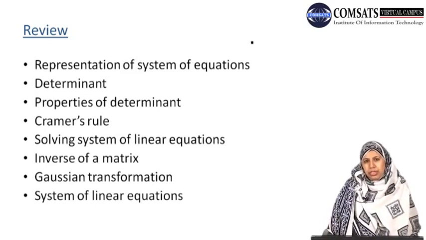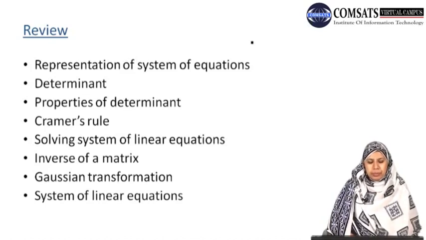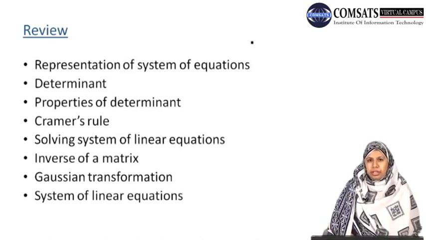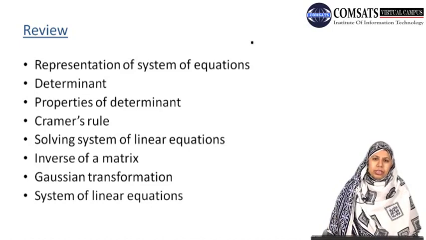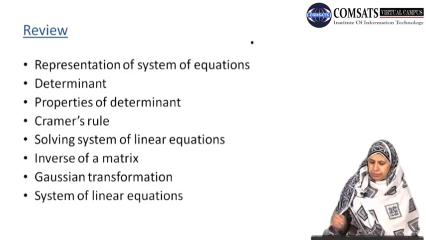Now we have studied three methods of solving a system of linear equations. Two methods in our chapter 3, the elimination method and Gaussian elimination, and two methods for solving the system of linear equations in this chapter. That is, when we transform our system into matrix form, then either we can use Cramer's rule if we are good enough in calculating determinants, because Cramer's rule basically uses the determinants, or we can find the solution of our system by using the inverse of the matrix. If we are good enough in calculating the inverse, then we can use this method.